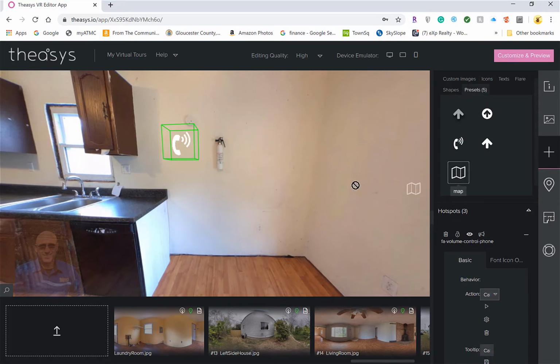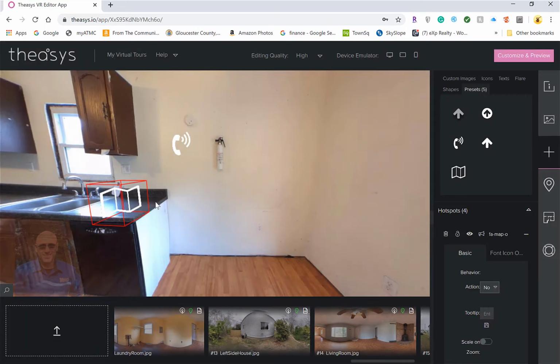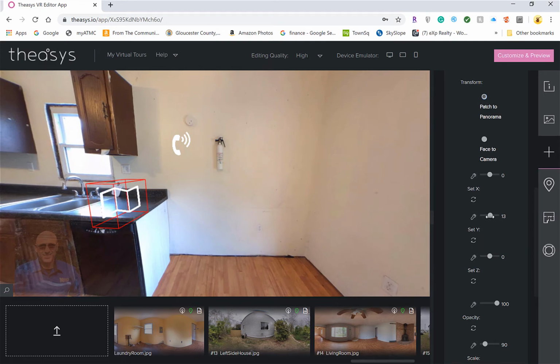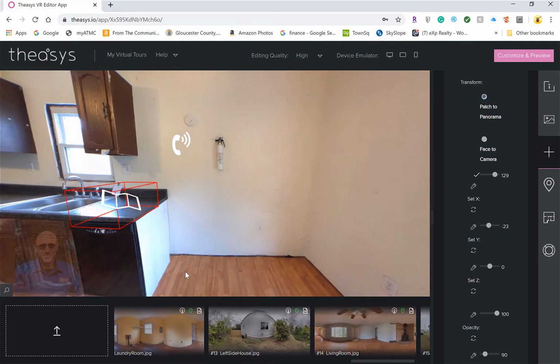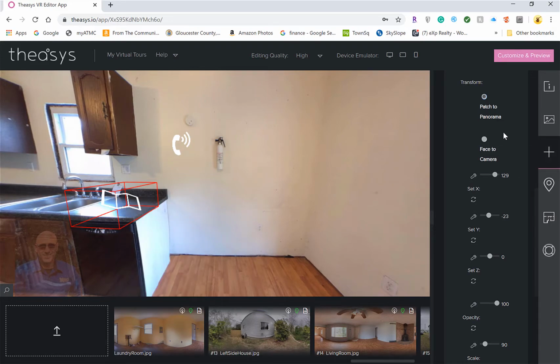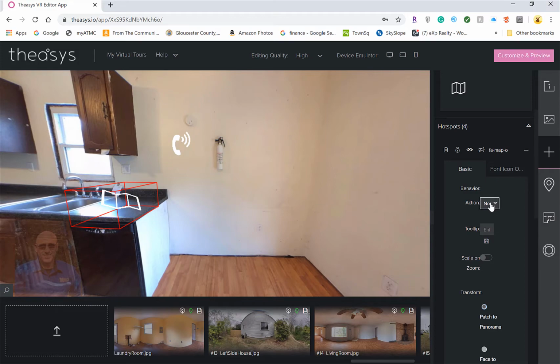I had a map. I'm going to put that right here on the counter so it looks like it's laying on the counter. To do that, I have to manipulate some of the X and Y axis settings here. Let's turn it this way on the Y axis, and we want to turn it this way so it looks flat, maybe a bit like that. And then we wanted to do something. What do we want to do? Over here in the action,